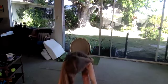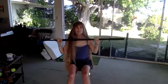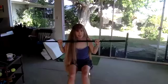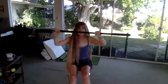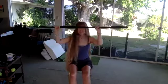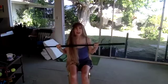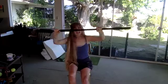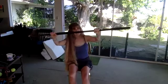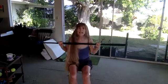Good, good, good. Then bringing it to shoulders. We're going to slide the foot and the arms out. Slide and then back. Then the other foot, slide and back. Slide it out and back and slide it out and back. And if this feels good and it feels like a nice movement and you want to take it up a